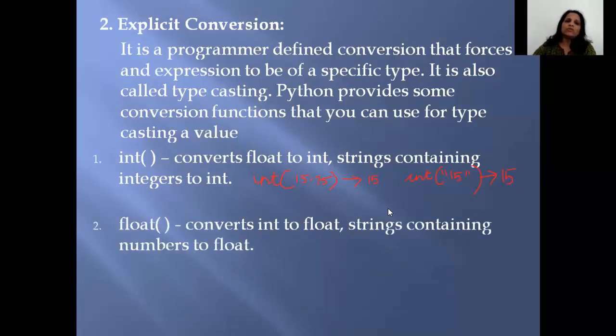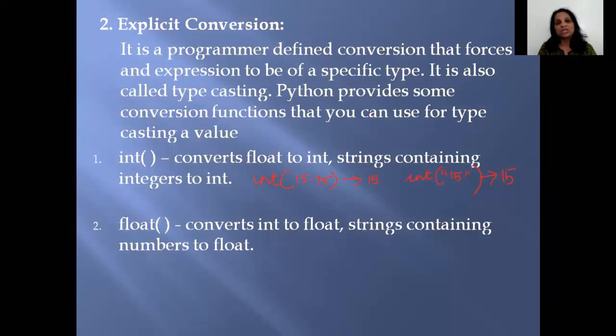Next, we see the float function. The float function, like the int function, we've also used previously. Float will convert an integer to a float, easy, no? Convert 3 to 3.0. Or if a string contains a floating point value, it will still convert it. For example, if your string is "13.5", float will just convert it to 13.5. Clear? So the float function converts integers as well as strings that contain floating point values to the float data type. These two we had already seen when we were doing the small programs in the first chapter.